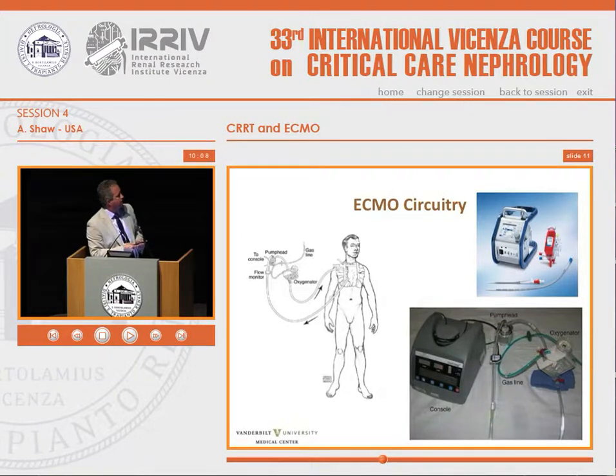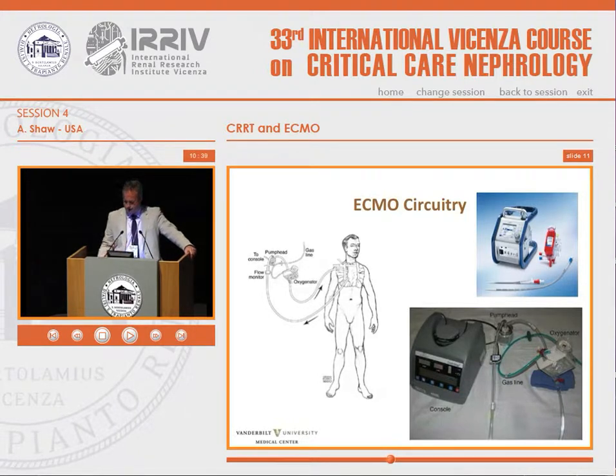This is a Centromag short-term either left or right ventricular assist device with the Quadrox pump, and then various other bits and pieces here. This is a purpose-built system that has a pump, an oxygenator, and the cannulae, and I'll talk about those in a little while. We use both of these. We use this device up here if we're going to another facility to salvage someone and bring them back to Vanderbilt. And we use this system if it's an in-house patient, mainly because it's considerably cheaper than